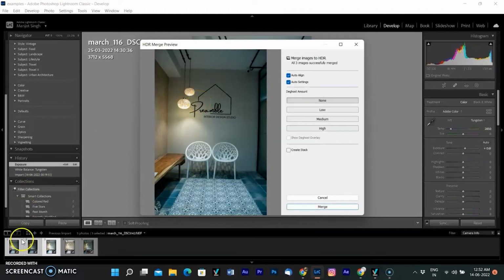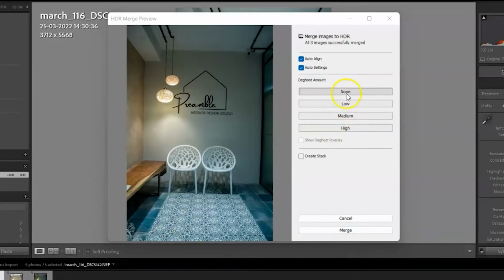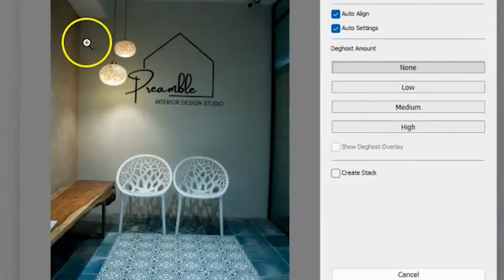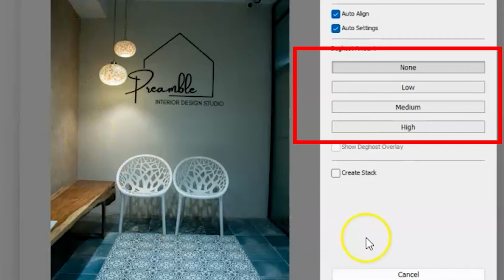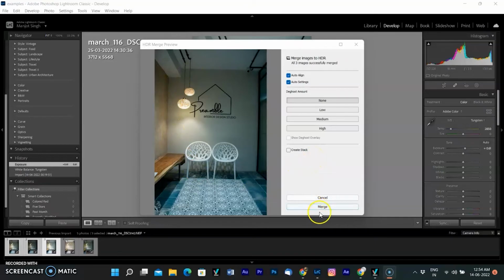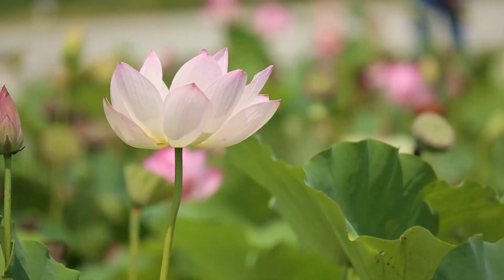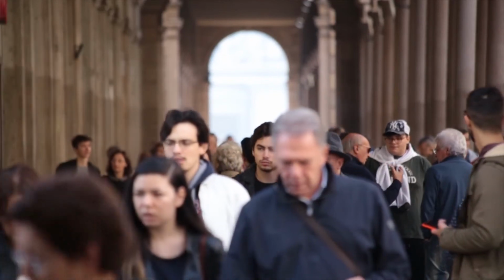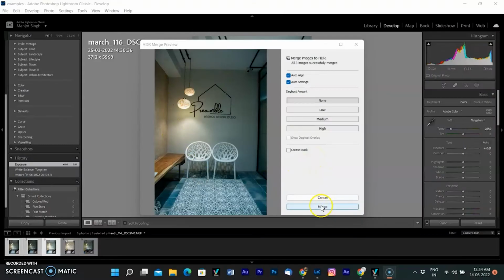You may be surprised to learn that there are not many settings to adjust. This is deliberate, as the aim is to let Lightroom produce a natural looking HDR image, which you can then process in the Develop module to achieve the desired look. You can set deghost amount to low, medium or high if you see any ghosting. Ghosting takes the form of lines, white patches or other artifacts caused by subject movement between frames, such as trees blowing in the wind, clouds moving across the sky or people walking through the scene. Click the Merge button when you are done.